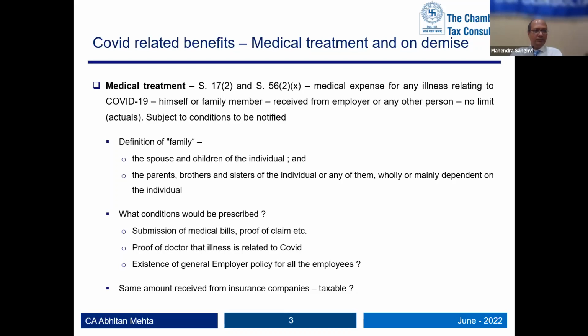And one additional thing which may come is if you are compensated already by the insurance company. In that case, a double relief may come in if you are further compensated by the employer or a charitable trust. So that would be a condition that the same amount cannot be claimed twice. So these are just thoughts, one would feel that may come in the conditions, but one will have to see. A technical debate may be raised that if conditions are to be fulfilled and conditions are not provided, then whether you can take the benefit of that section in the first place itself.